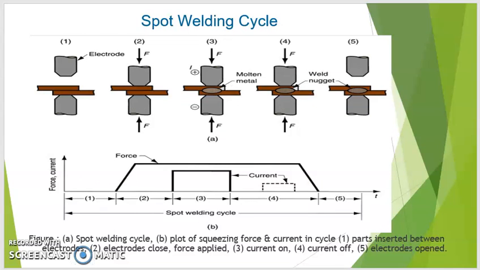So this is the spot welding cycle. Let us discuss the same spot welding cycle. First of all, we have to maintain the contact of the workpiece and the electrode, basically for the alignment purpose also. Then after the contact is established,